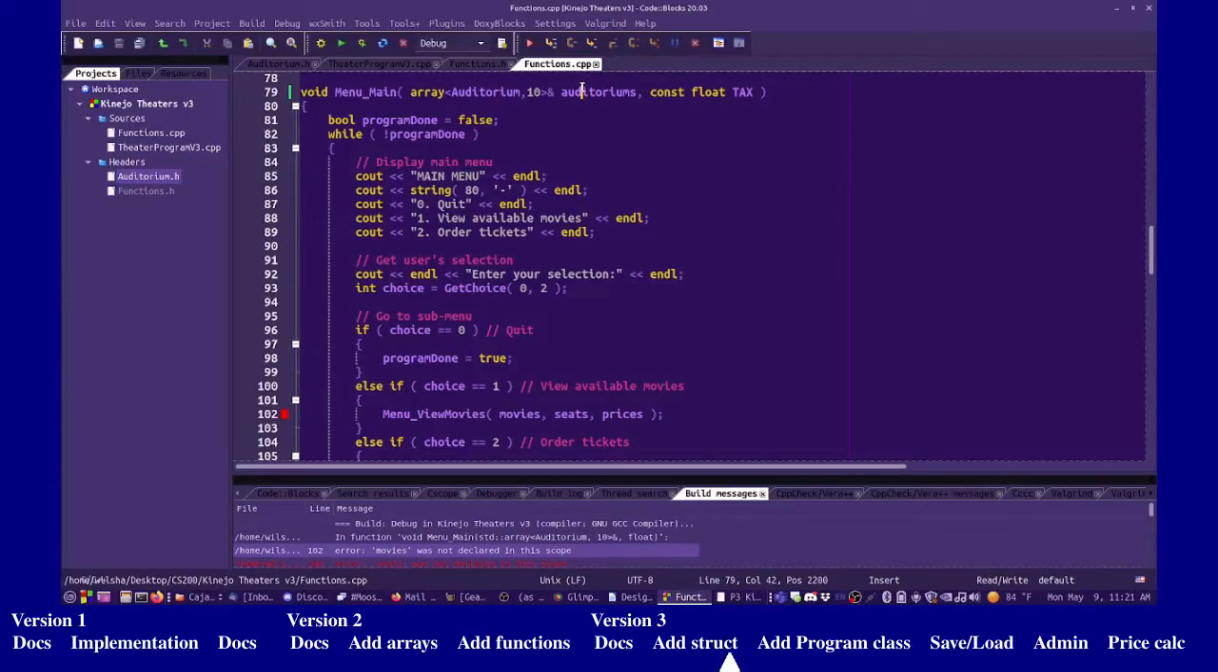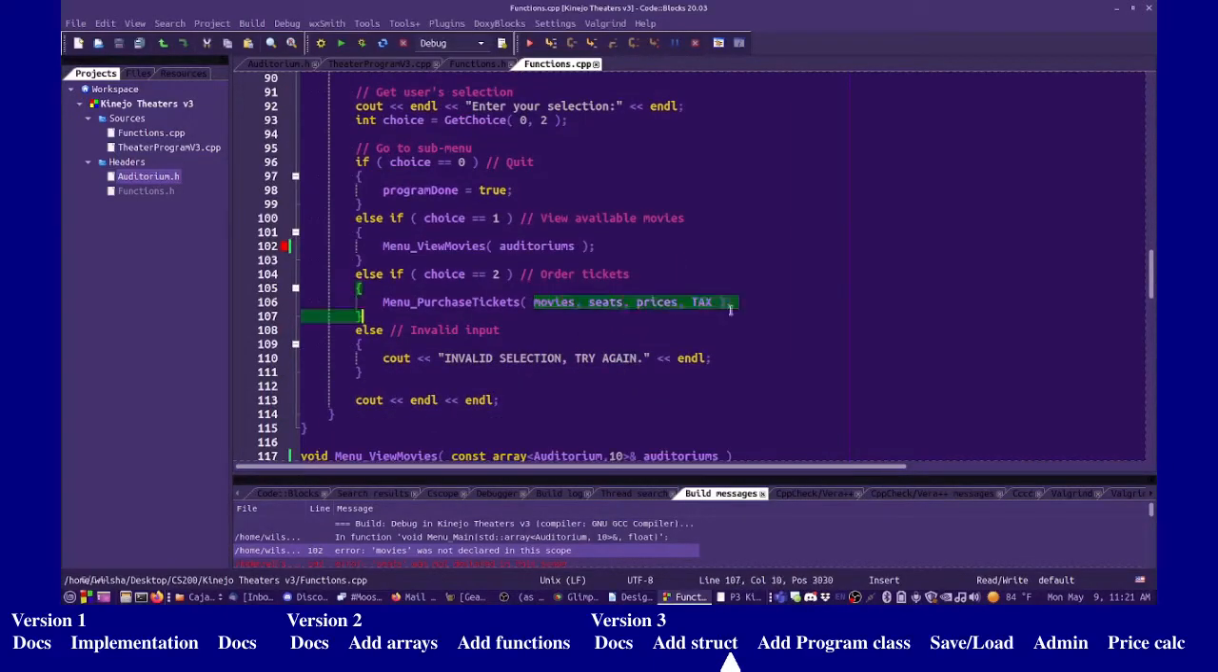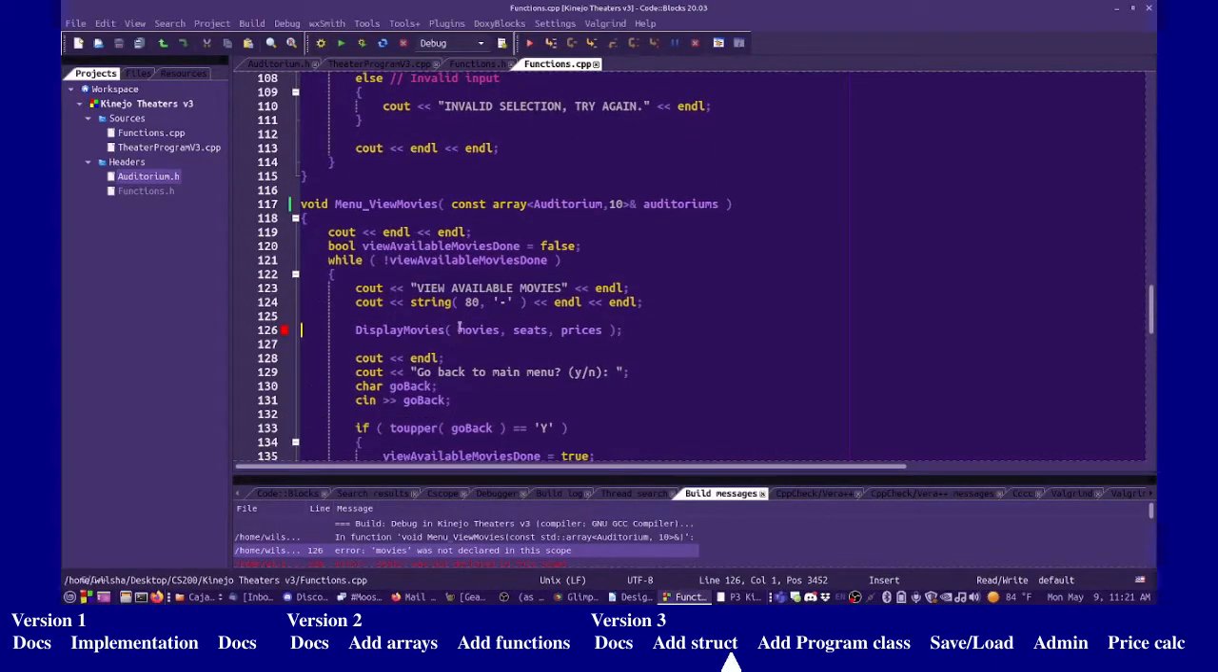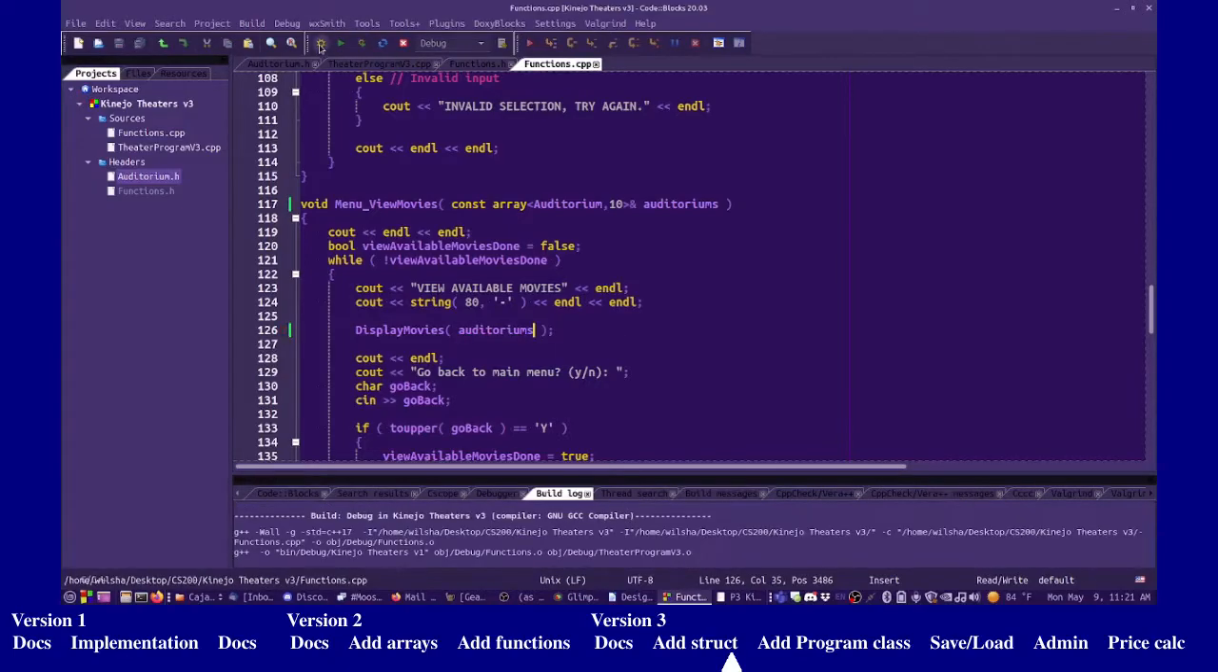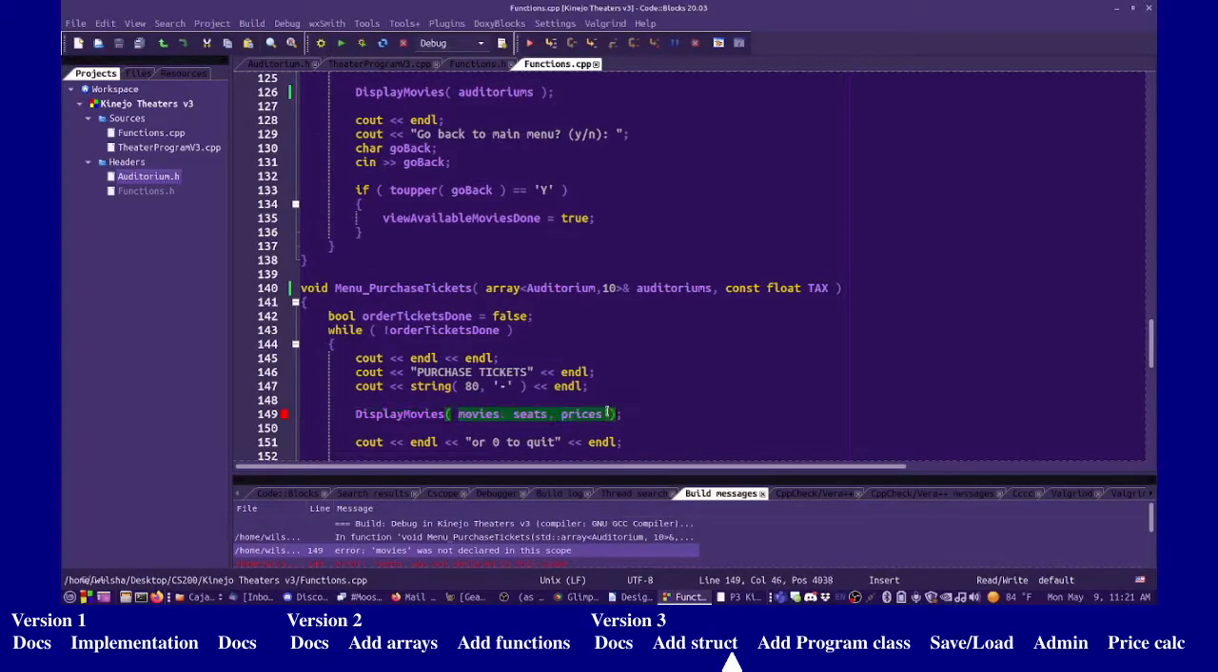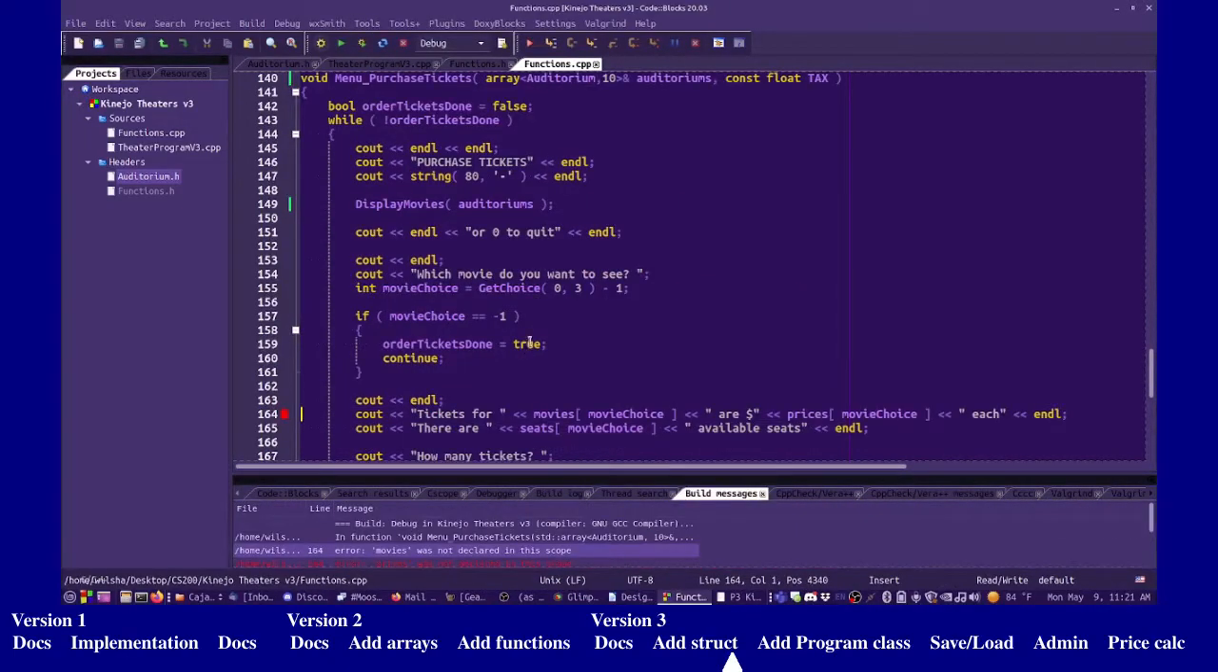Over here, we're calling view movies, but we need to just pass in the auditoriums. We're calling purchase tickets, but we need to pass in the auditoriums. Display movies. Display movies. Okay, and then update here. So tickets for blah